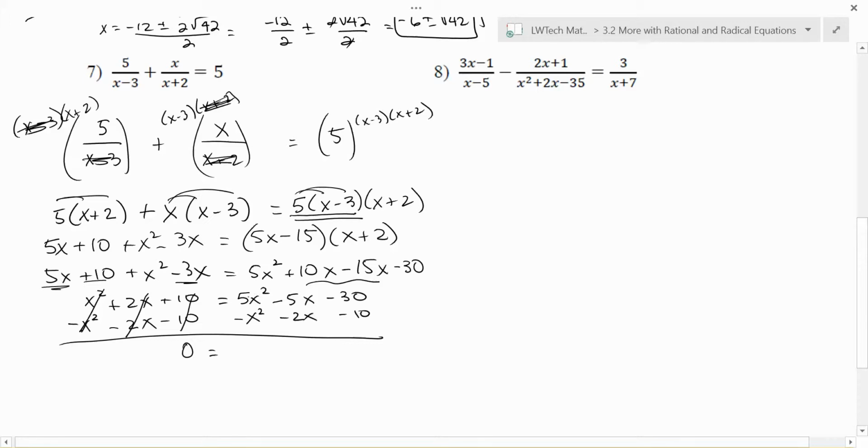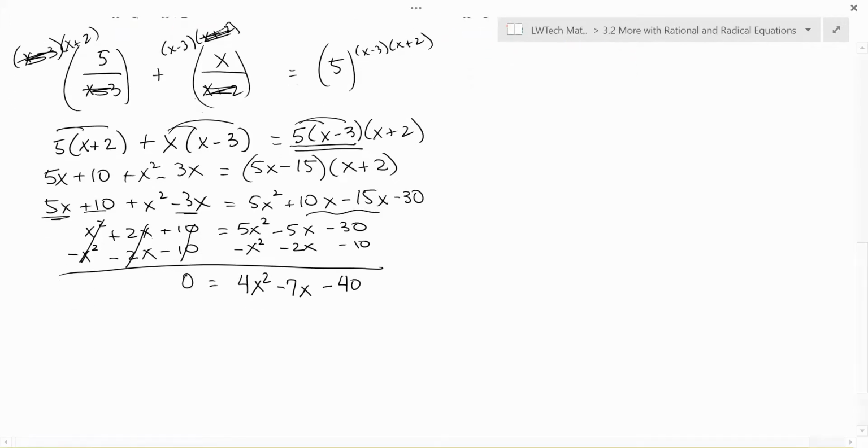On the right-hand side, 5x squared minus x squared is 4x squared. Negative 5x and negative 2x gives me a minus 7x, and negative 30 and negative 10 gives me a negative 40. No greatest common factor terms or anything like that that I can pull out. So again, I dive into the quadratic equation unless you see some factoring that will work quickly for you here. A is 4, B is -7, C is -40, and we can go in and use